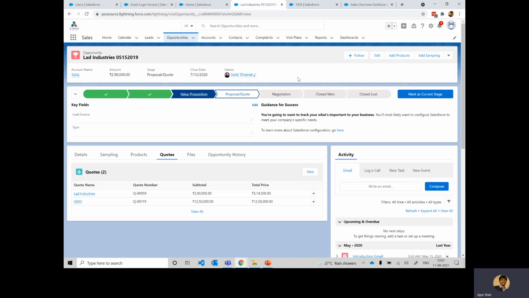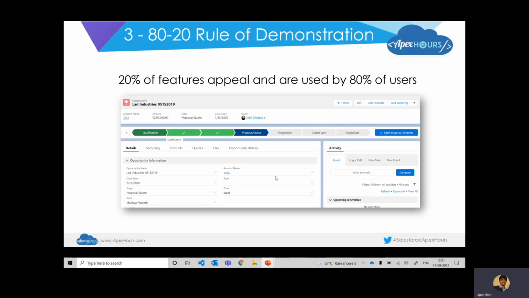So you get those 20% features, and that way you will be able to stick to time and really demonstrate features which your users need and are actually using on the ground, rather than trying to showcase something which is probably good to have but doesn't really resonate or appeal to them, because that is not what they're going to do in the real world, right? It's rightly said at times that users often ask for what they want but do not ask for what they need. So it is understanding what their need is and aligning this 20% features of demonstration to their need, right?